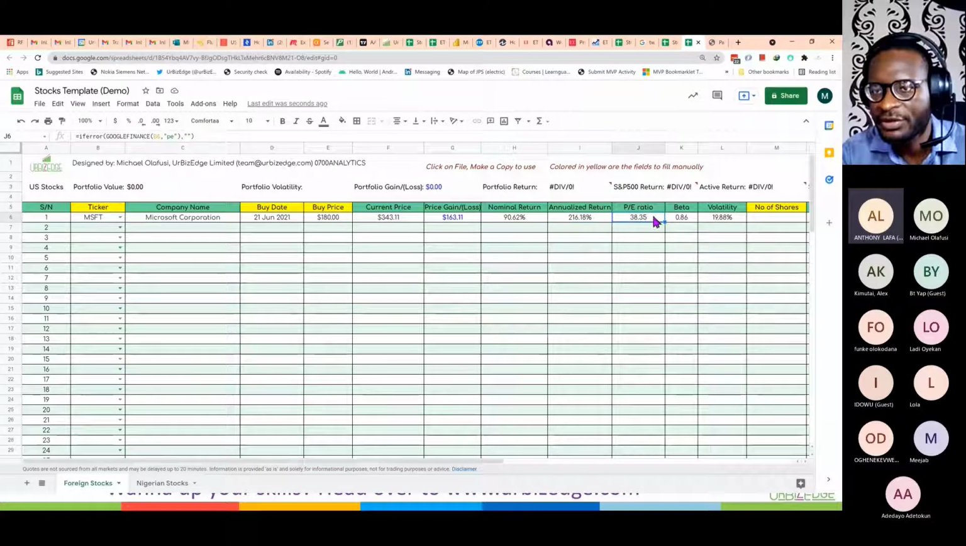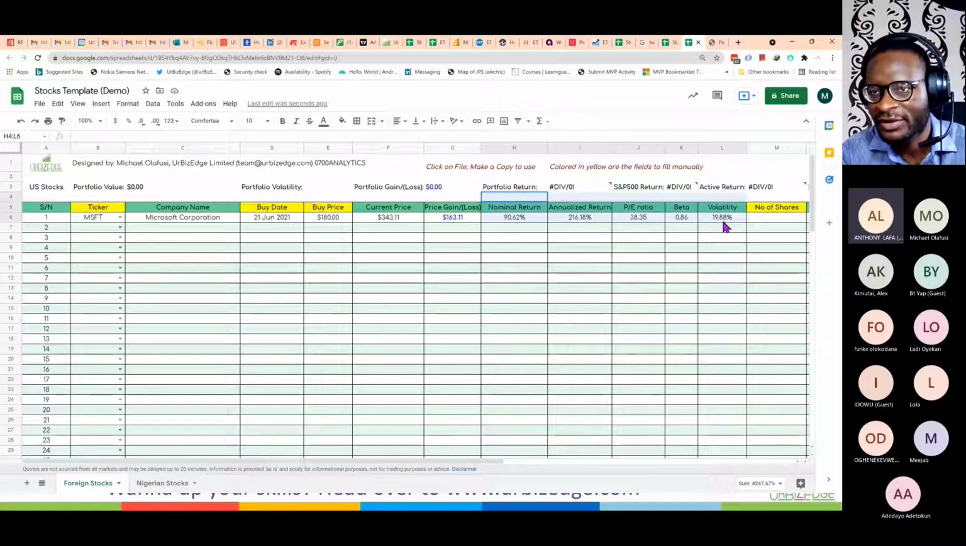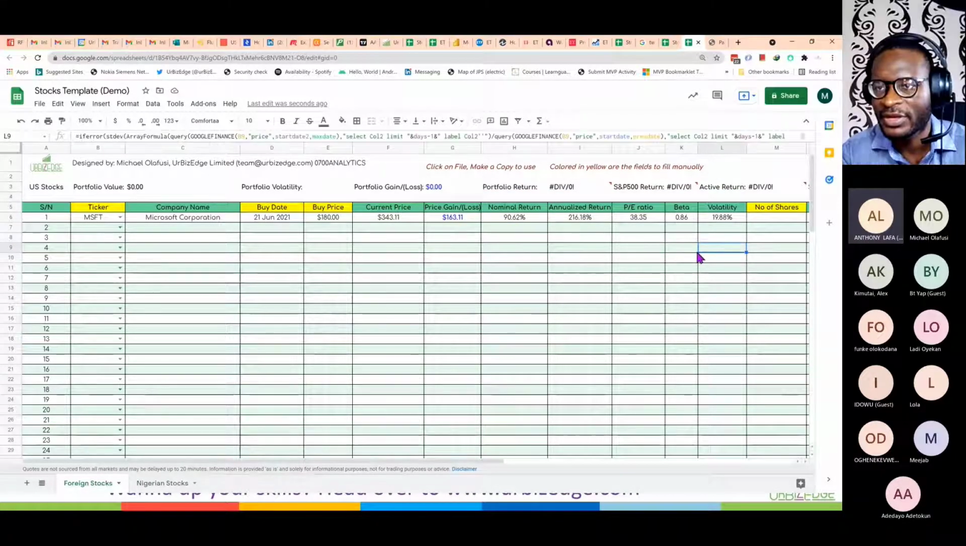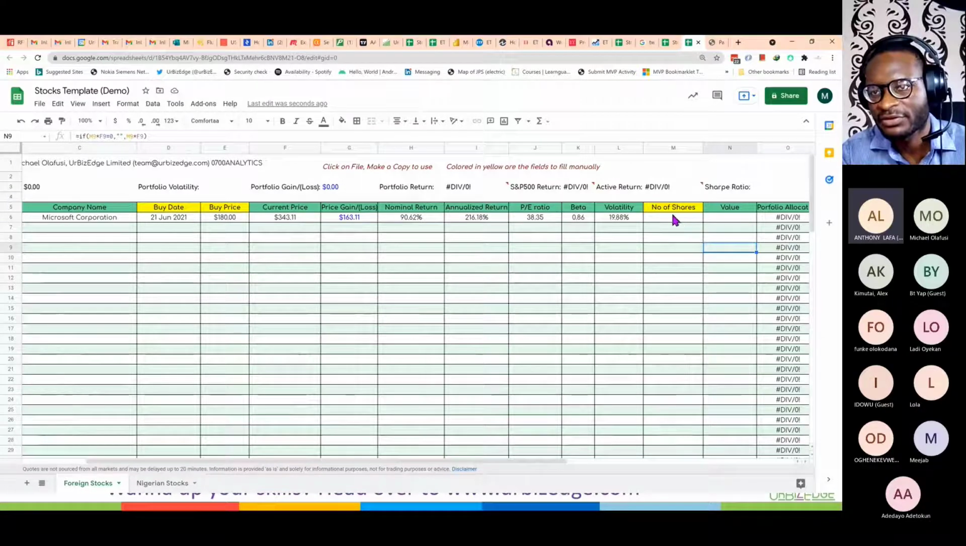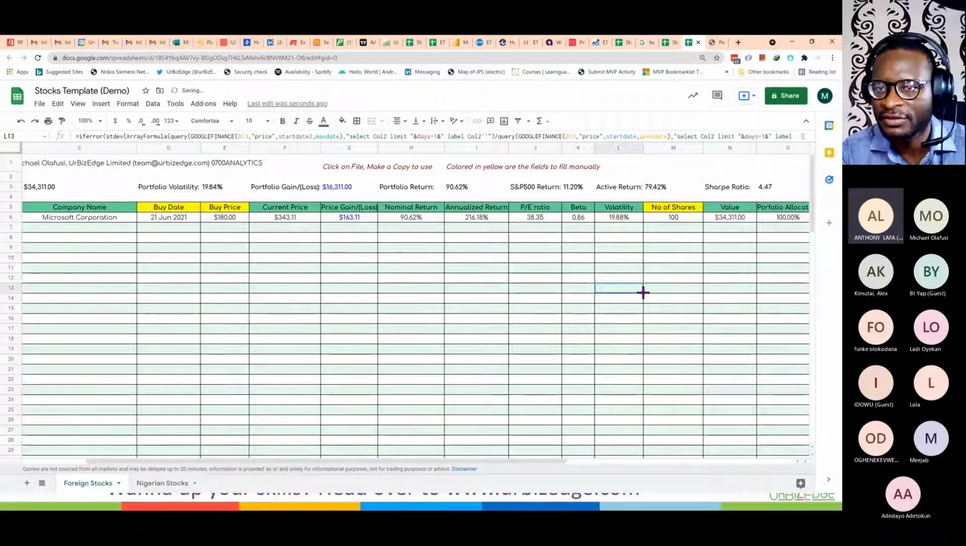Okay, great. Then the PE ratio, I'm just concerned why the annualized is higher than the nominal. Anyway, I can go check that later. So it calculates all these ones in green, right? And then you need to enter how many shares you bought. So let's use a round figure, you bought 100 shares, and voila, instantly it shows you,